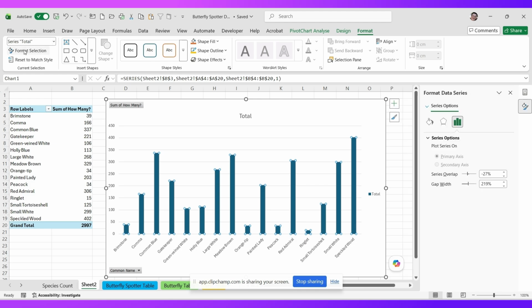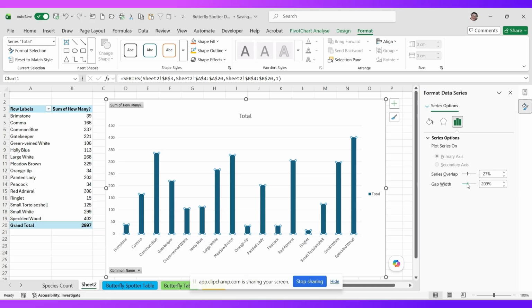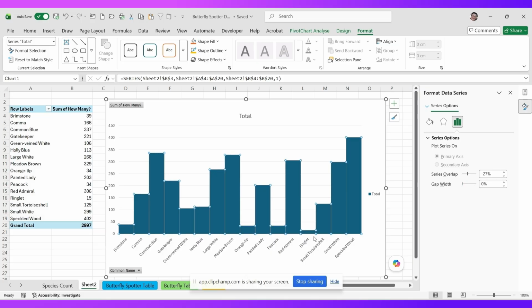And if I click onto that Format selection, that's what brings up this Format Data Series panel. And I want to make those columns as wide as I can get away with so my picture is visible. And it's this gap width here that I'm going to change. You can take the gap width completely down to 0, so they all kind of flood into each other. I think I might just make it 2 or 3%, just so I've got a little gap